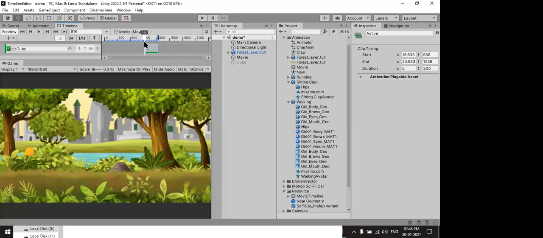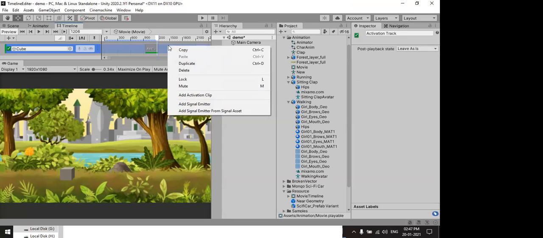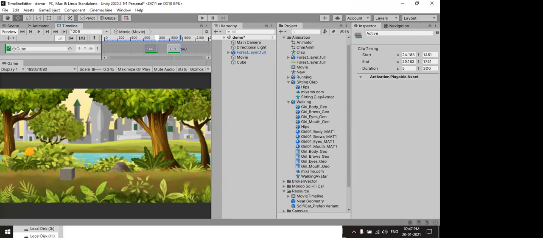Once the timeline reaches this point, immediately it will be activated. If you want to add in the middle, just right click and add a new activation clip. So your game object deactivates, activates again, deactivates, activates again. Got it? Yes, sir.